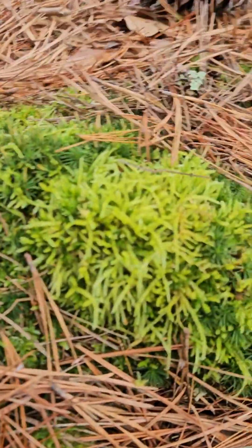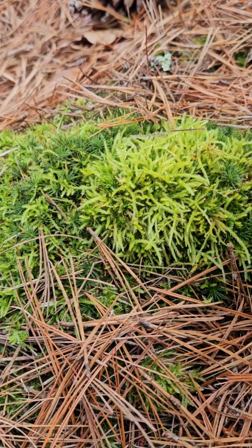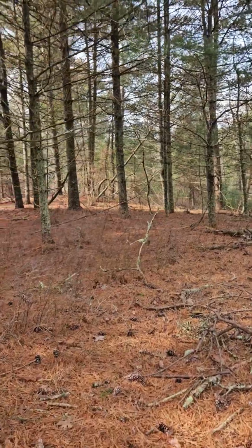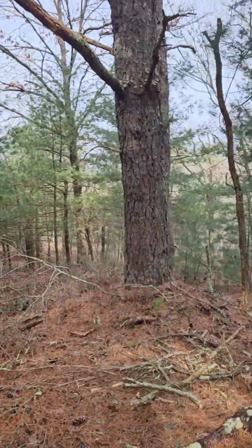What do we got here? Another interesting moss. I don't really know my mosses too well. I'm getting better at them. This is definitely different from what I've been seeing. It's not the Pleurozium. So these South Central Rhode Island woods tend to be drier because we're on a sandy...